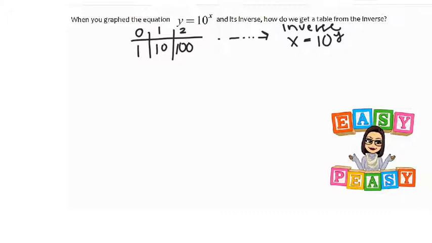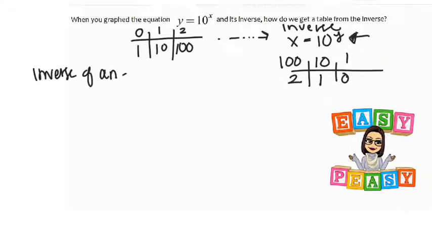And I couldn't get Desmos to make a table for me, so I was just switching my x's and y's. So like 100 would be 2, and 10 would be 1, and 1 would be 0, and so on. So that's because we can't really do much with this. It's kind of difficult. So the inverse